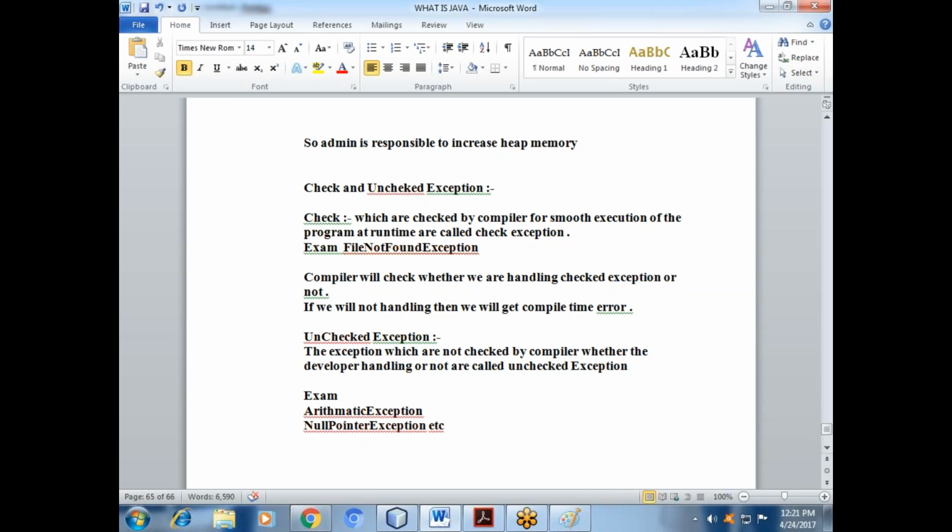Means whenever you run it, everything runs smoothly by the compiler. They will not find out what will happen or not. Finally, whenever you run the program, they will be checked. At that time you get the arithmetic exception. And the file not found exception, whenever you check at compile time, the compiler has checked it. Already we have got that on the command prompt. Am I right or not?